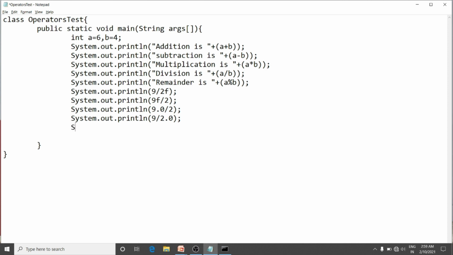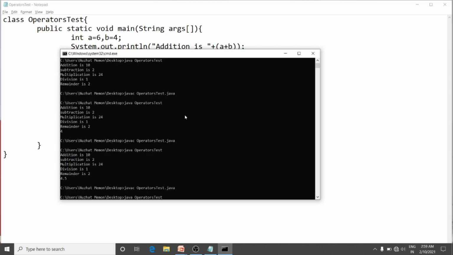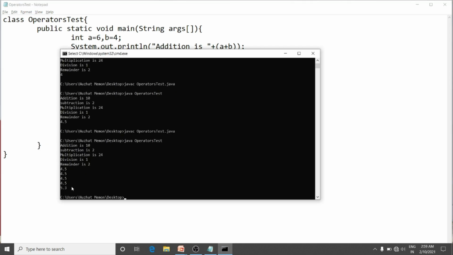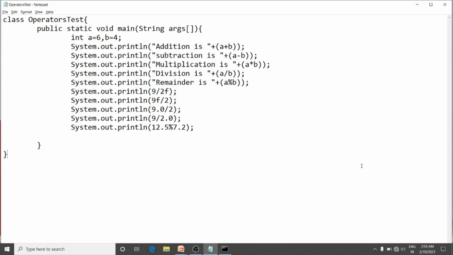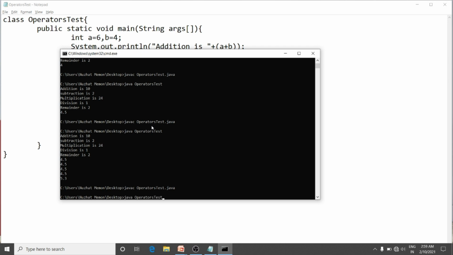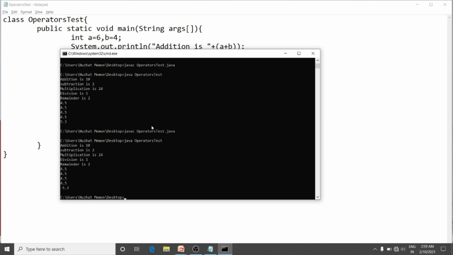Here I will write system.out.println 12.5 modulus 7.2, that will give the remainder, resulting in 5.3, that you can see here. If my number is negative, then the result is negative. See here, yes, then you will get the result in negative.